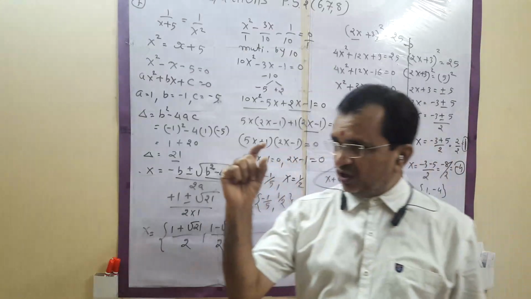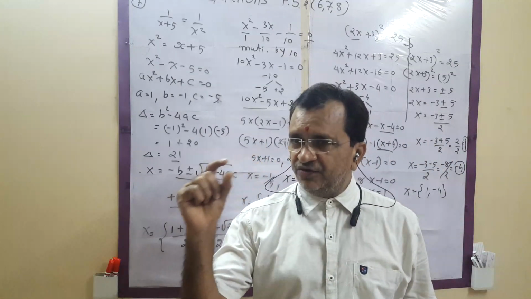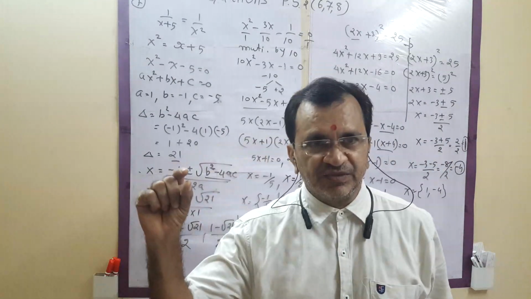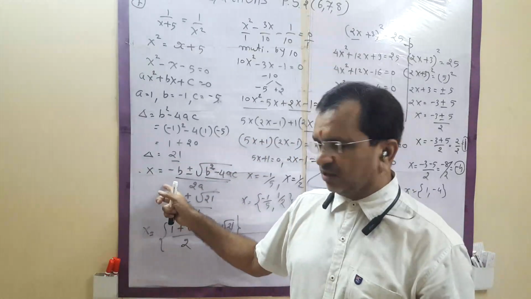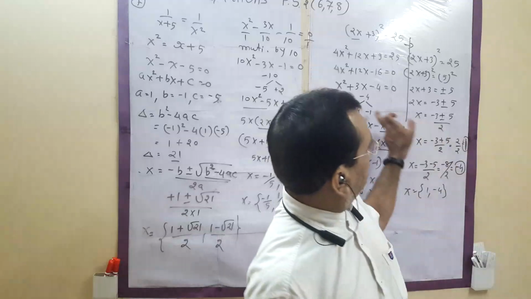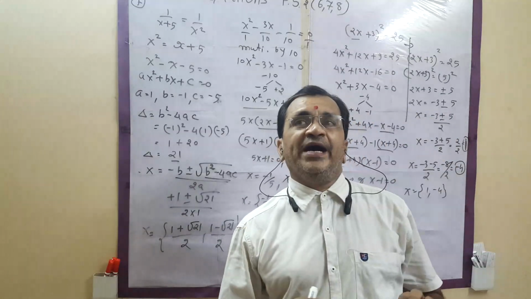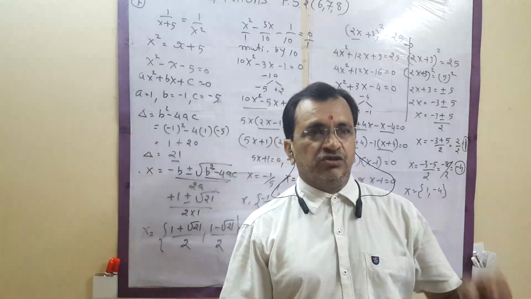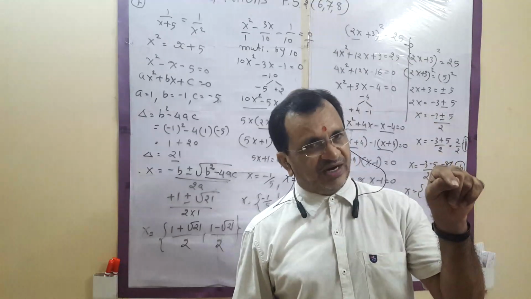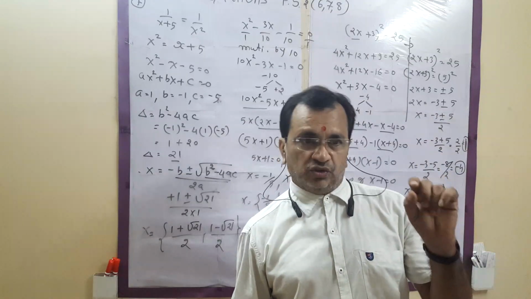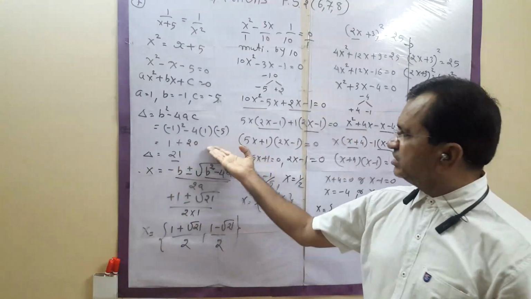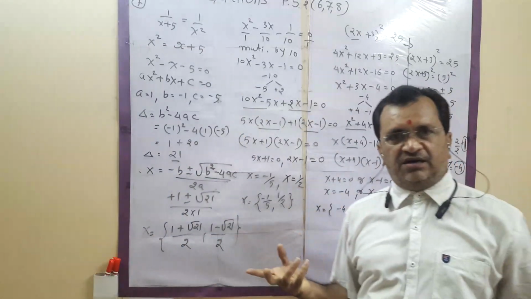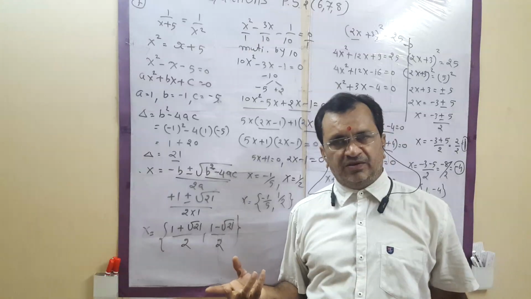But in the exam you have to read the heading very carefully. If it is given do by formula, do this only. Do by factor method, you can do this or this. Do by perfect square, so middle into half, that formula, a different formula, perfect square. If the heading is not given, you can do any method.